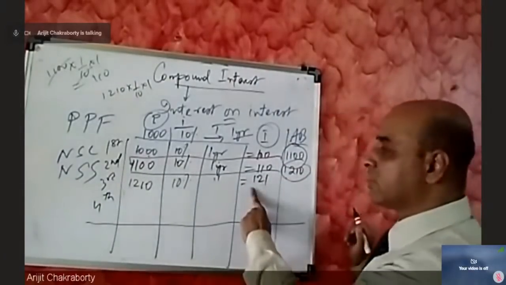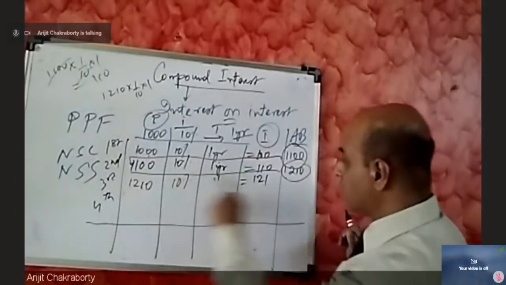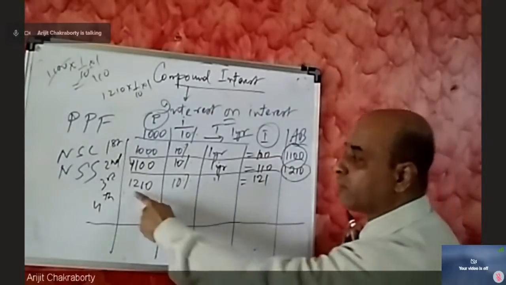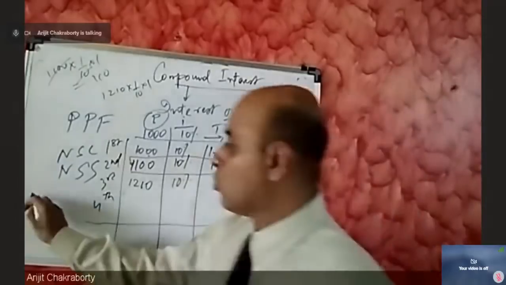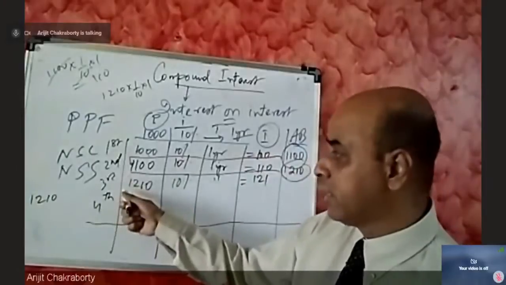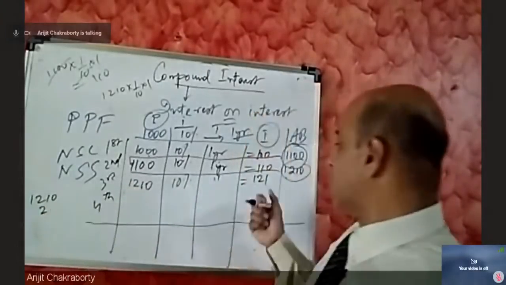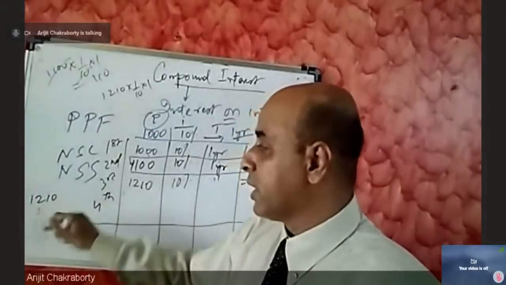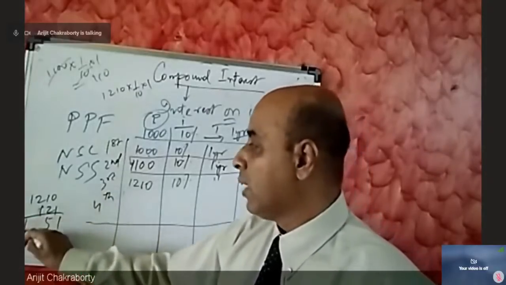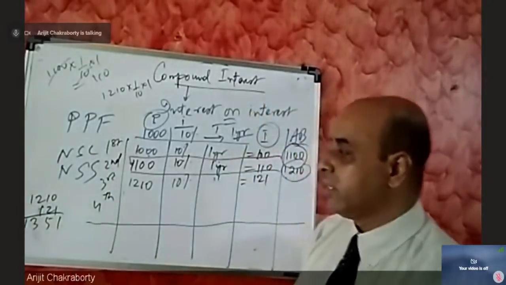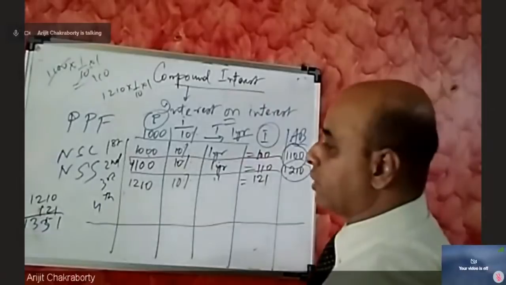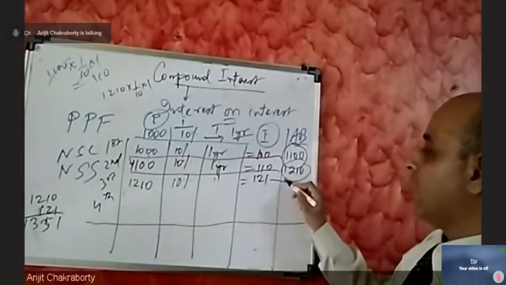Okay. This 121 gets added to my principal because I want to find out my accumulated balance. So therefore 1210 plus 121. So 1210 is my principal at the beginning of the third year, and I am adding 121, which is the interest I earned. So my accumulated balance becomes